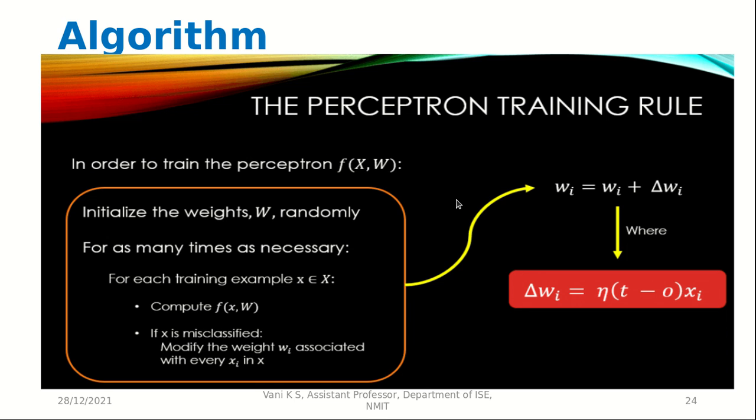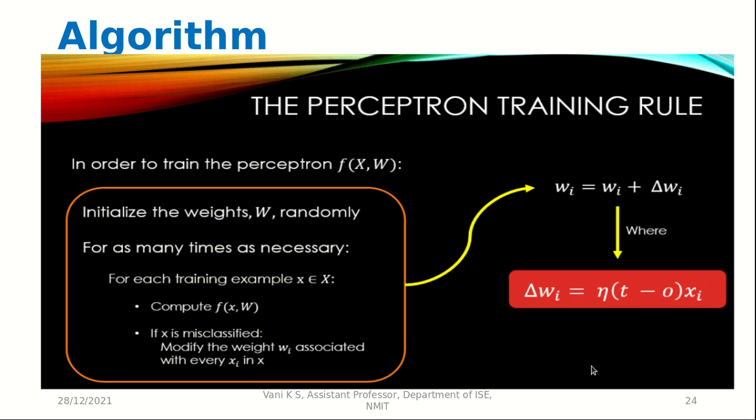We did the perceptron training rule. So now we'll do some example on that. Now I told you that the most important thing to learn here is this delta wi, how it is calculated. Now delta wi is actually nothing but the product of the learning rate, the input, and the difference between the target output and the actual output produced by the perceptron.